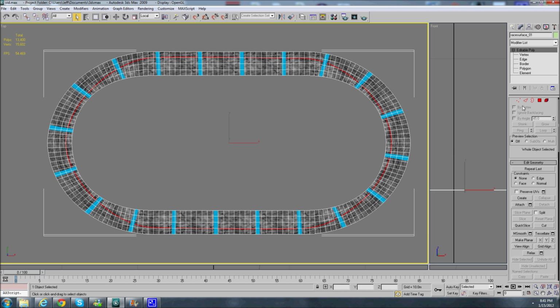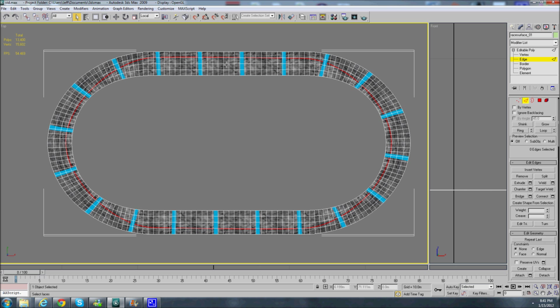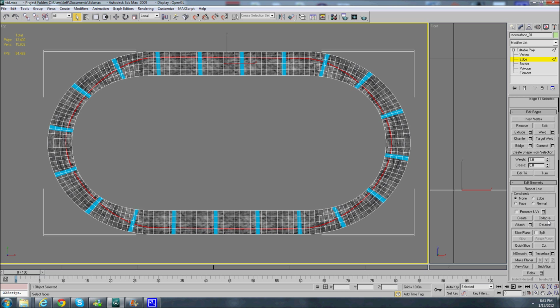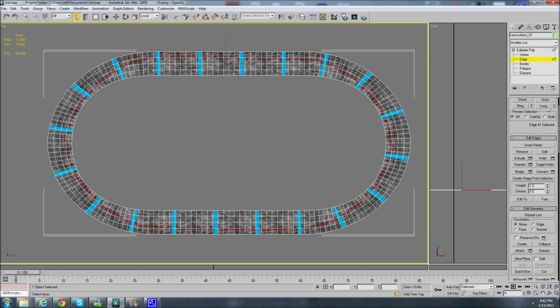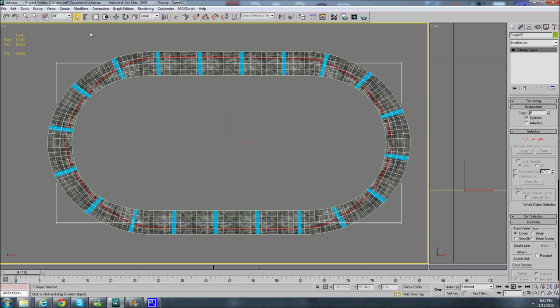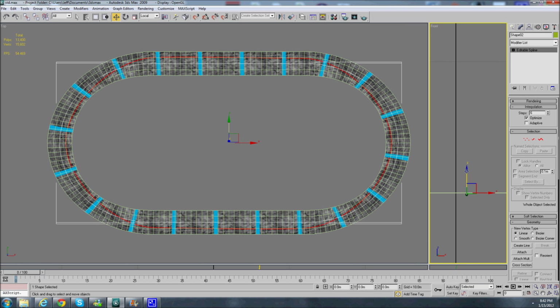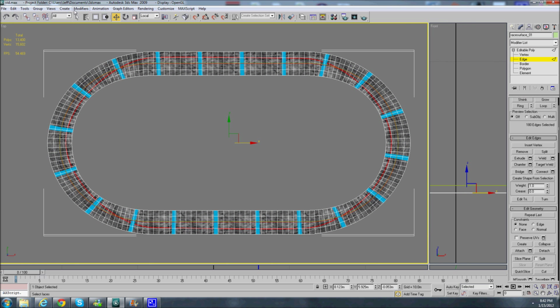So let's select the track, go to Edge, select one in the middle, loop, create shape. As long as everything's welded right, it should loop fine. So let's click OK, and now we'll do the exact same thing as before. Let's move it up a little bit, select it,